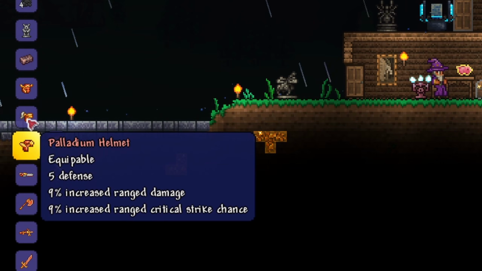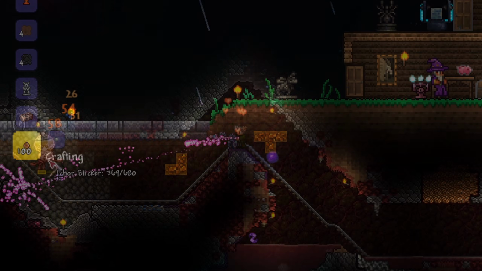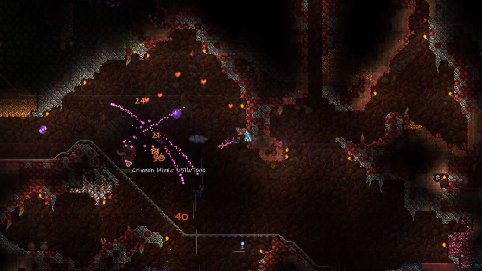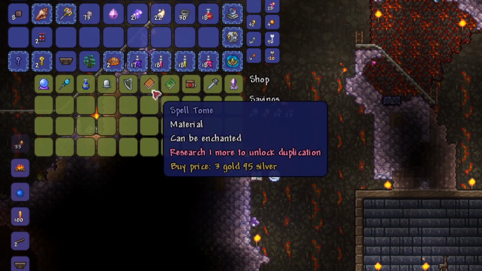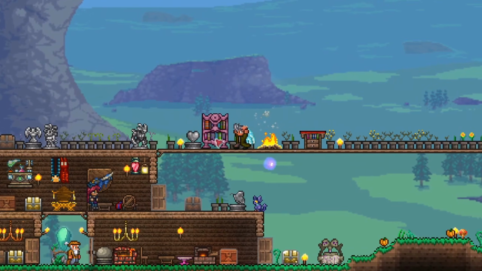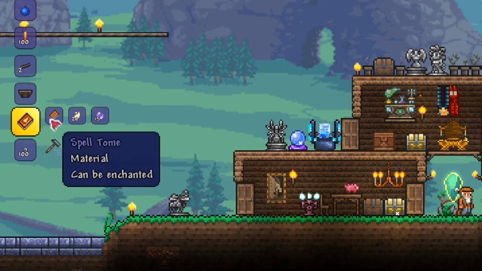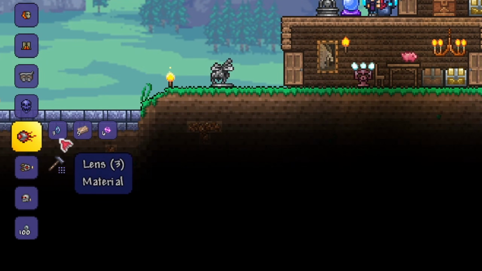for example. Also, make sure you craft the headpiece that boosts magic damage. Farm Ichor stickers in your artificially created Crimson biome for Ichor and Souls of Night. Then meet your local magic man to buy a spell tome. Head over to a bookcase, yes, a bookcase, and craft the Golden Shower using the tome, Ichor, and Souls of Night. This is a great magic weapon that lowers the defense of your enemies, which helps a lot for the